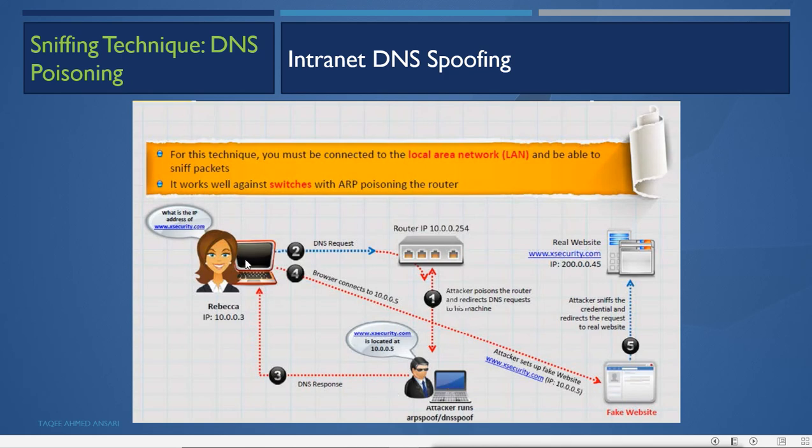So whenever the user or victim sends any DNS query, it goes to the attacker's machine, and the attacker gives the response of fake websites. If the victim is going to an important website, the attacker gives a fake website address, and the attacker has already created that fake website on a particular server, either his own server or on the internet.